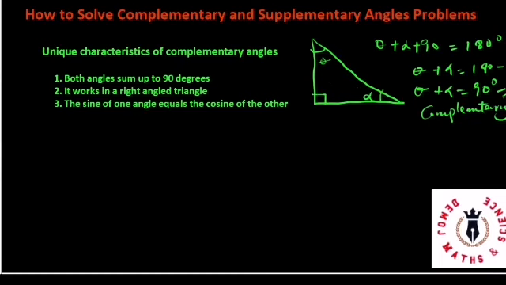Now, let's see one unique characteristic of these complementary angles. If theta plus alpha is equal to 90 degrees, let's label this triangle. I call this triangle A, triangle B, and triangle C. For triangle A, B, and C, you observe that this part, let's call this part small c, we'll call this small a, and we'll call this small b. Using SOHCAHTOA,